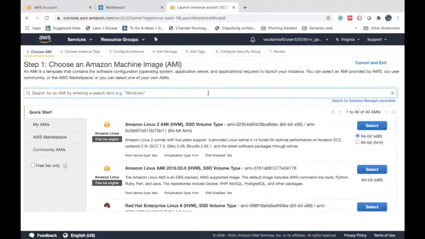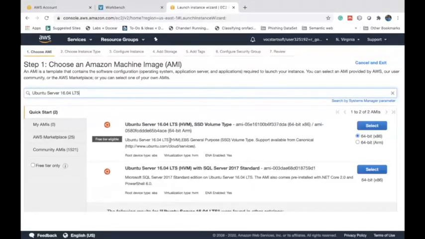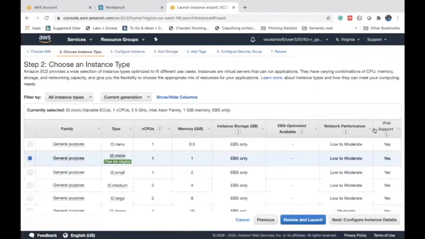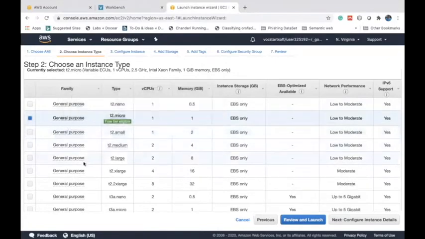As we discussed already, Amazon provides you 300 plus configurations of virtual machines. The one we're looking at is the Ubuntu Server 16.04 version. Why have I selected this Ubuntu Server 16.04? It comes under the free tier configuration. There are two options, 64-bit x86 and 64-bit ARM. I'm going to select the default x86.